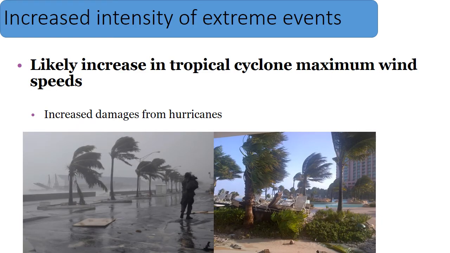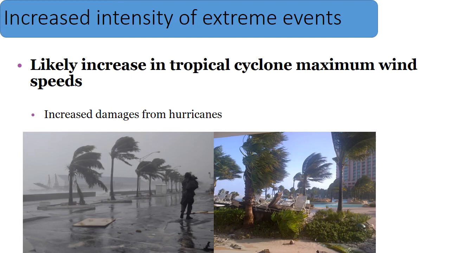All right, another projection that we'll look at is the increased intensity of extreme events. The IPCC projects that there is a likely increase in tropical cyclone maximum wind speeds. And we talked about tropical cyclones, also known as hurricanes for us, last week. It's expected that hurricanes will increase in intensity.